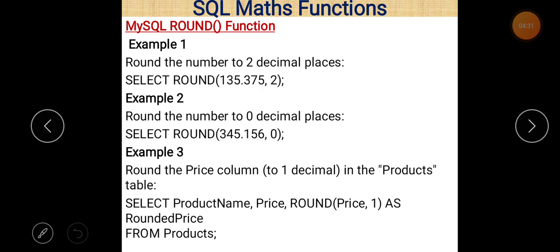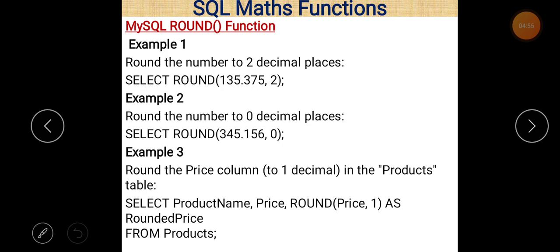See example 2. Select round(345.156, 0). And if there is a table and you want to find out the values after being rounded off, then it is also possible.